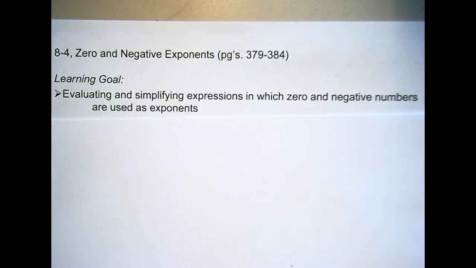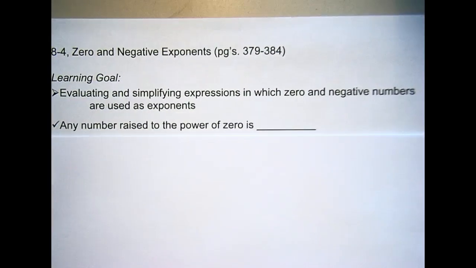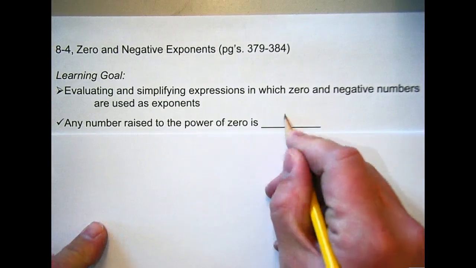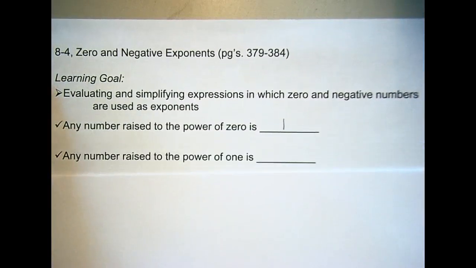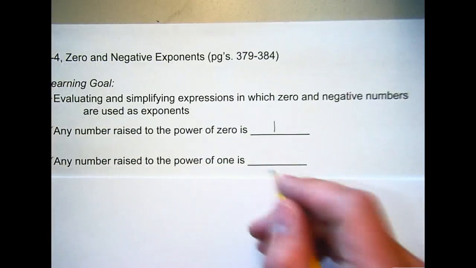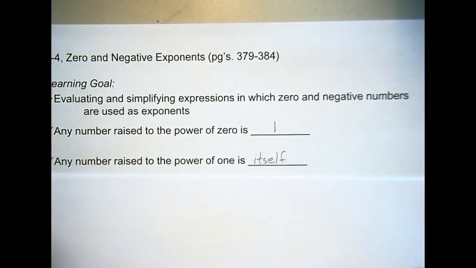Okay, so 8-4, we're diving into 0 and negative exponents. And we've talked a little about that. Any number raised to a power of 0 is? 1. It's 1. And any number raised to a power of 1 is? Yeah, itself. Okay, so what I want to do is I want to show why that is mathematically here in